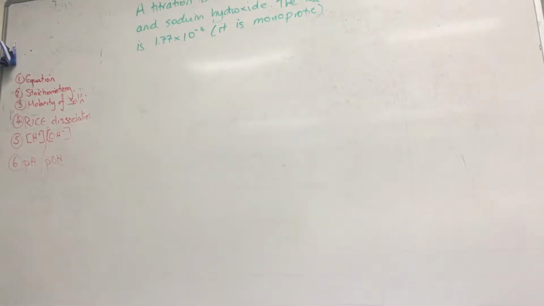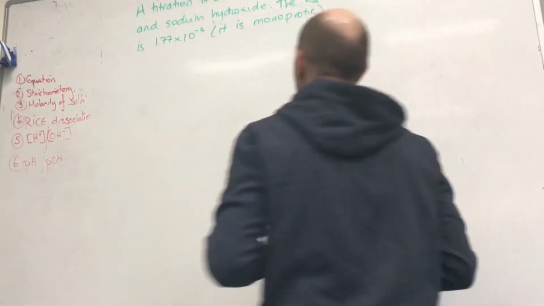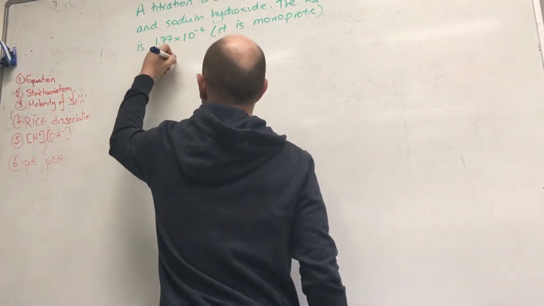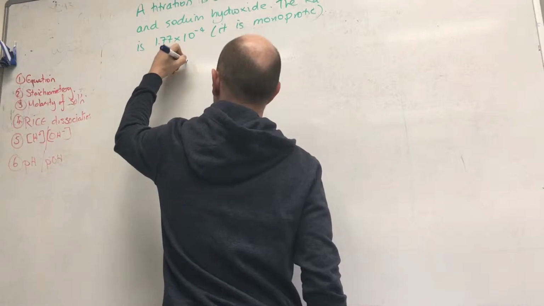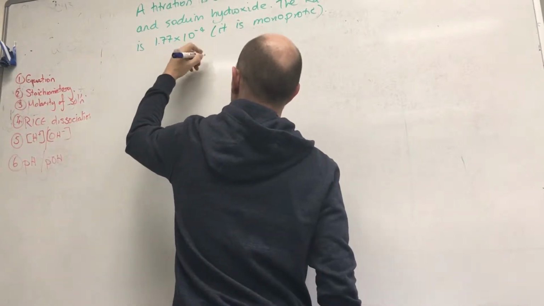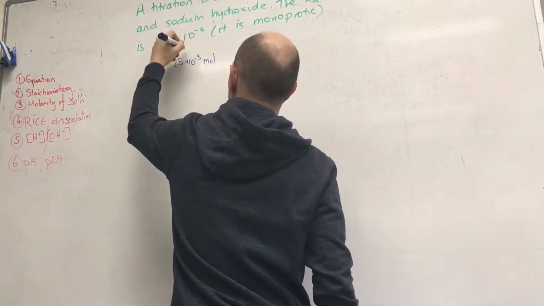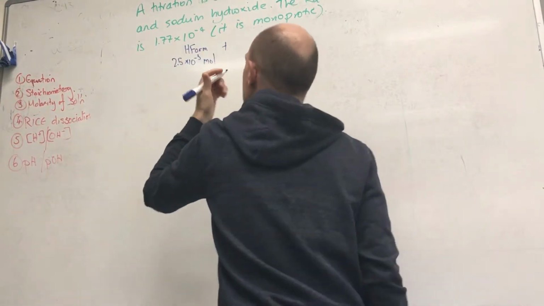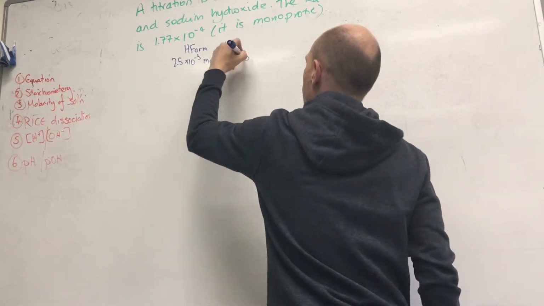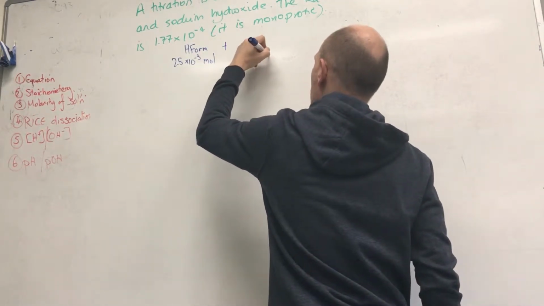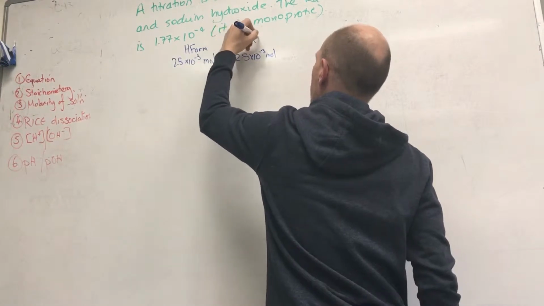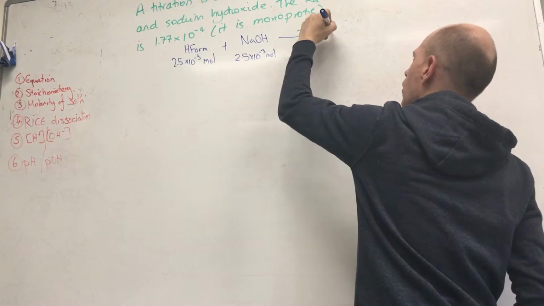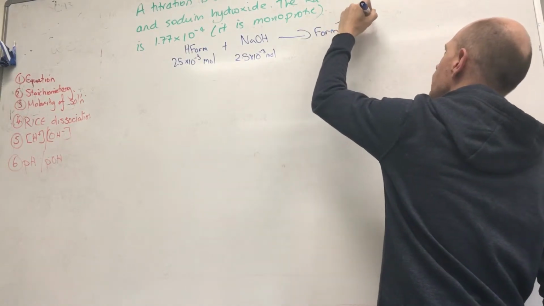All right, so determining the concentration at equivalence point, the pH at equivalence point. So if we have 2.5 times 10 to the minus 3 moles of HCOOH plus 2.5 times 10 to the minus 3 moles of NaOH, giving us the formate ion, HCOO minus, plus